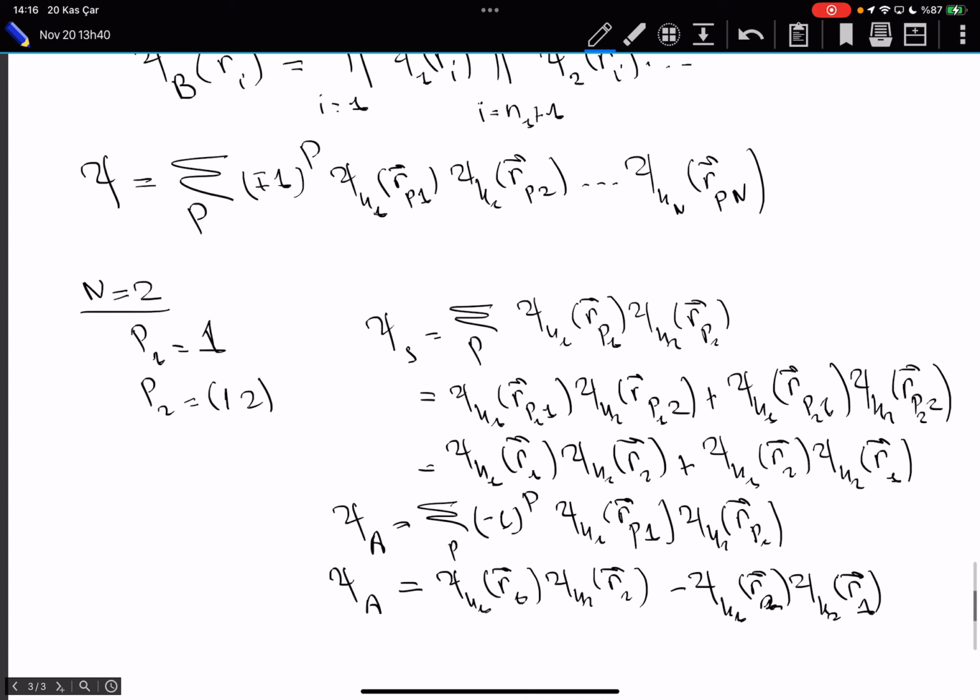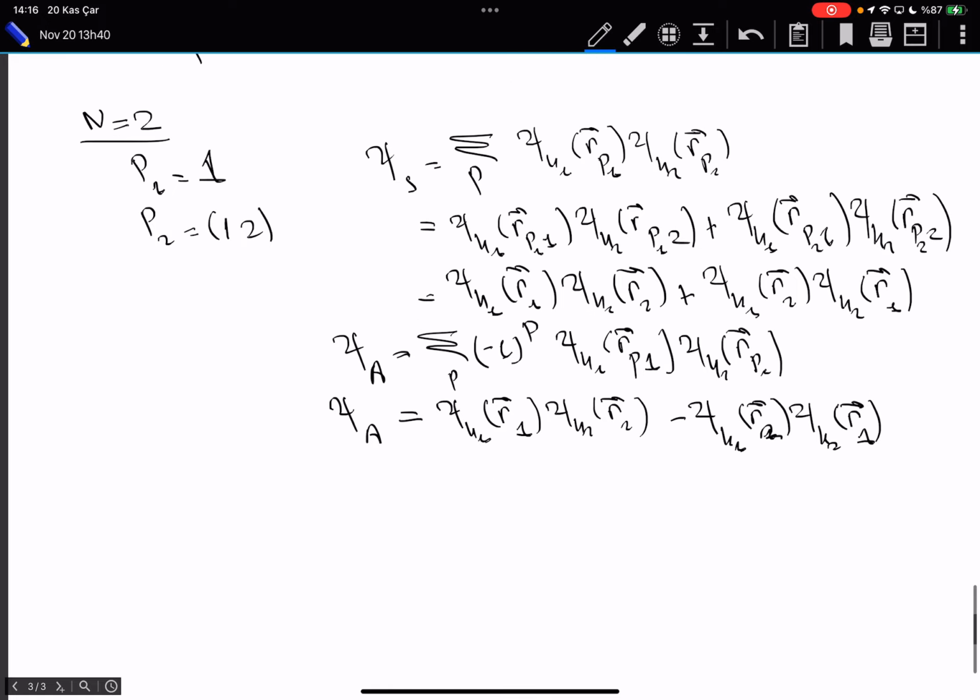You see, if we just exchange R1 and R2, the first term becomes the second term and the second becomes the first term. The symmetric wave function, nothing changes. In the anti-symmetric wave function, due to this relative minus sign, it just acquires a minus sign. And another thing you should see, if you have this anti-symmetric wave function,